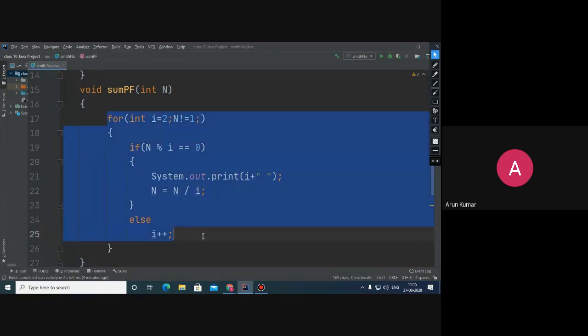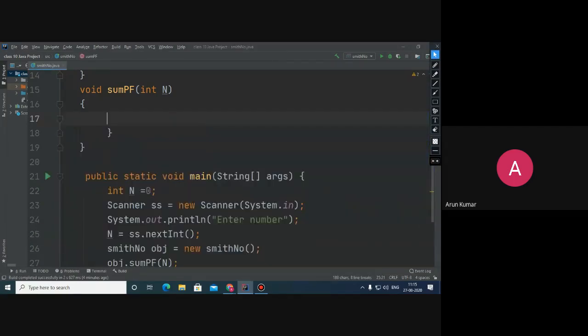There is another way of doing this. We can also write like this. For int I is equal to 1 till n is not equal to 1, and here I am just writing I plus plus.